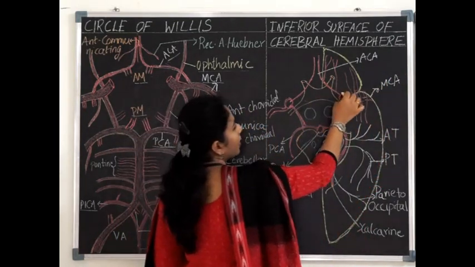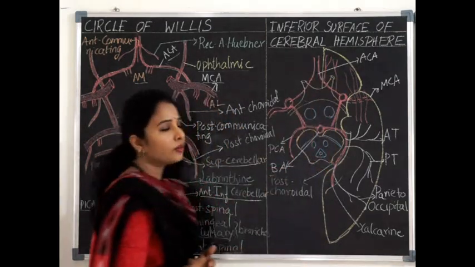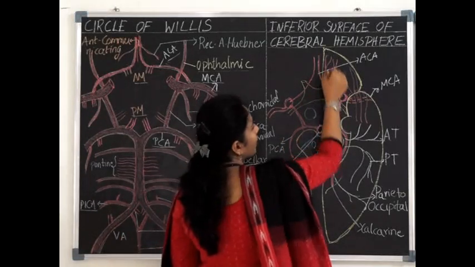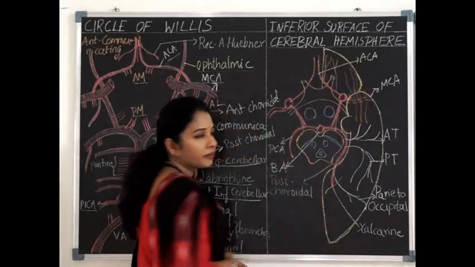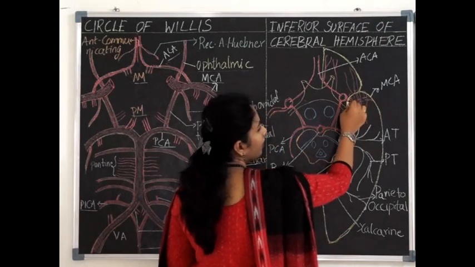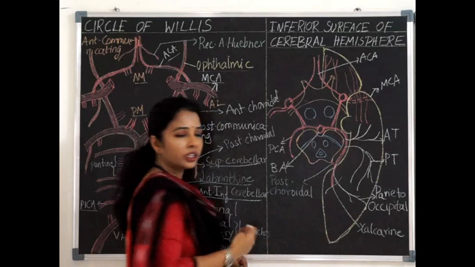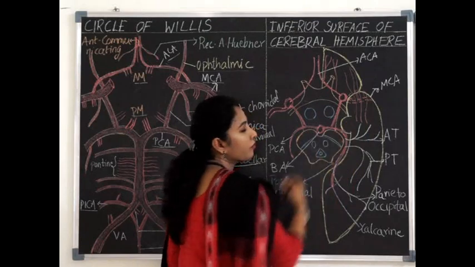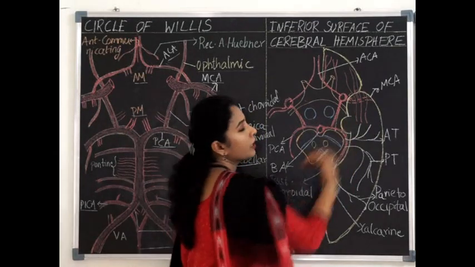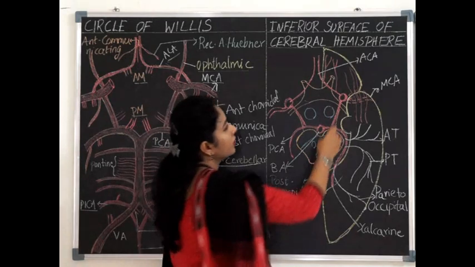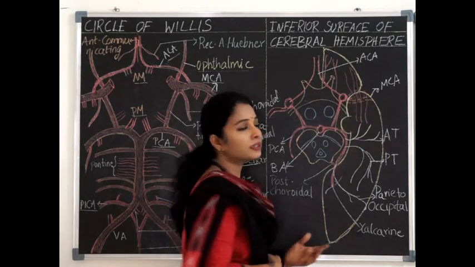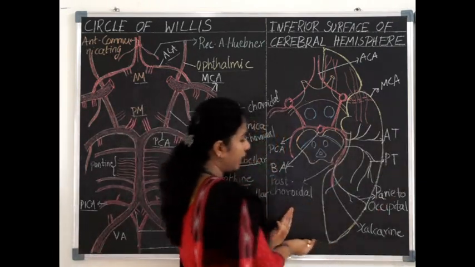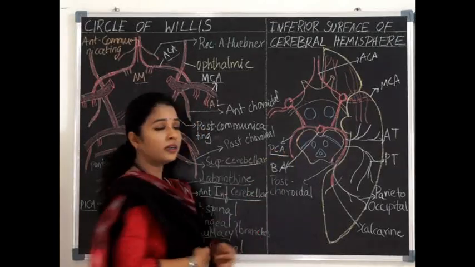The anterior cerebral artery runs in the medial longitudinal fissure of the brain going towards the medial side of the brain, and partly it gives off some branches to supply the orbital surface of brain. The middle cerebral artery, when it runs in the stem of the lateral sulcus to reach the superolateral surface of brain, gives off a few branches supplying the inferior surface also, that is part of the tentorial surface. So the anterior and middle cerebral arteries supply a part of the inferior surface of brain, while the major part is supplied by the posterior cerebral arteries.